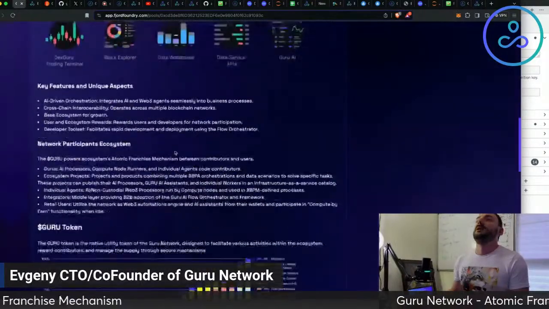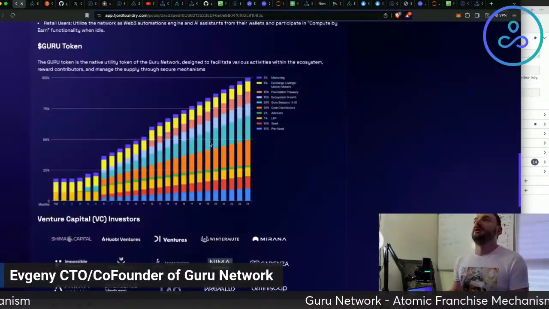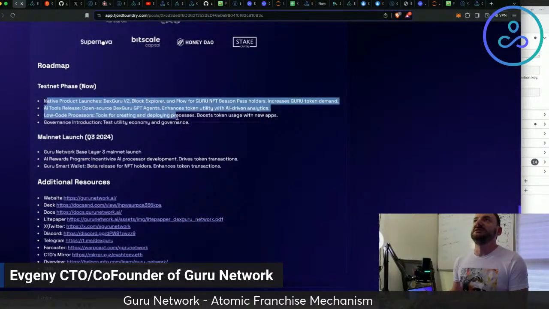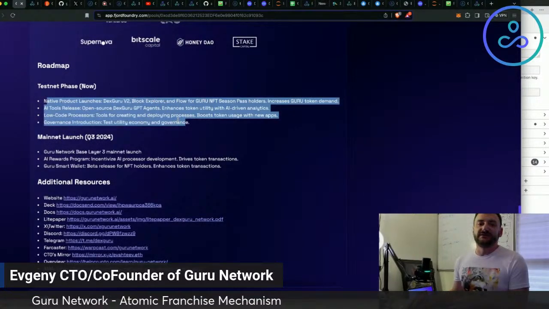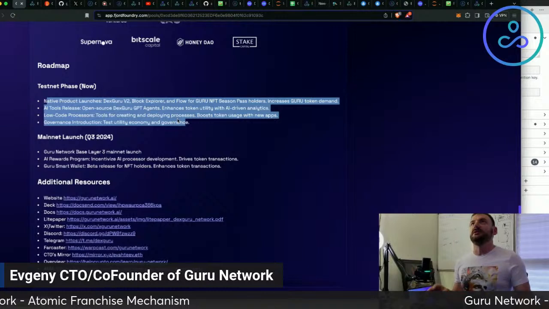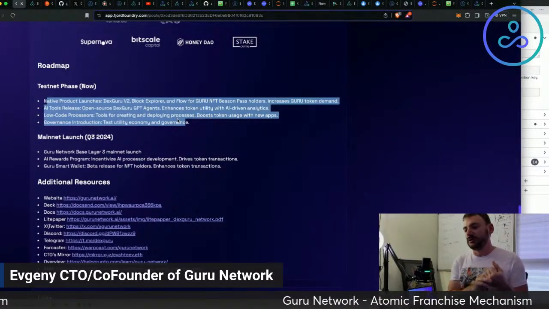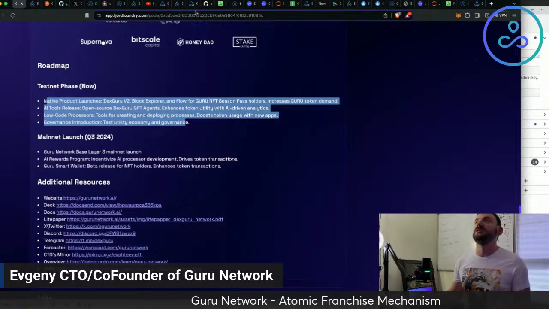All the key aspects you can find on our website, and we're currently in the testnet phase. Because of how Guru Network is built technologically, the testnet phase allows us to work closely with our community.